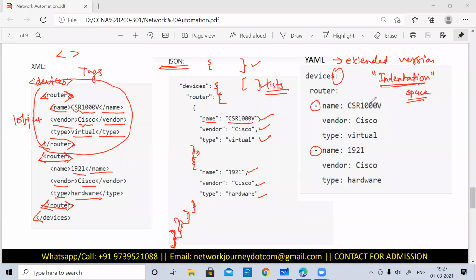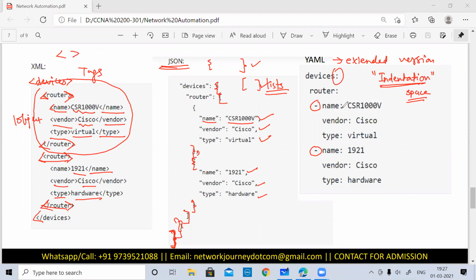Okay, so again, for that you can make use of good editors rather than using any kind of notepad or anything else. Make use of good editors like Visual Studio Code, etc., so that you can by default have different colors to identify the indentations. Okay, and one more good feature of YAML is that you can make use of commenting.